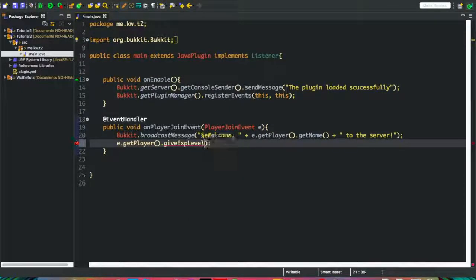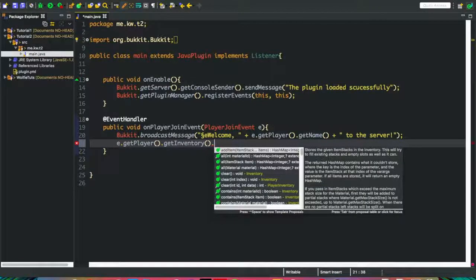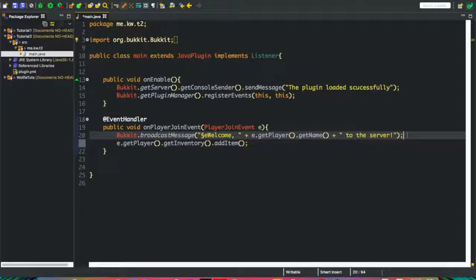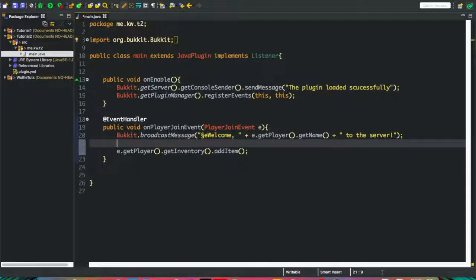Oh, that's not what I want to do. Do get inventory dot add item stack. Basically, this is going to allow us to add an item to the player. Now, how do we add an item? Well, we can't just put in stone or whatever. We actually have to construct the item, and because of the new system, we have to make an item stack. So we're going to say ItemStack item equals new ItemStack,